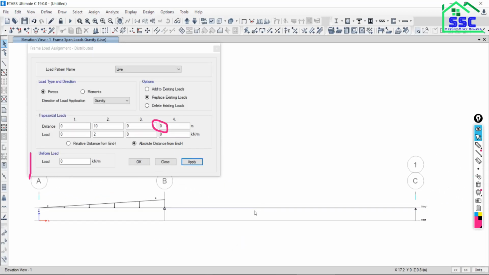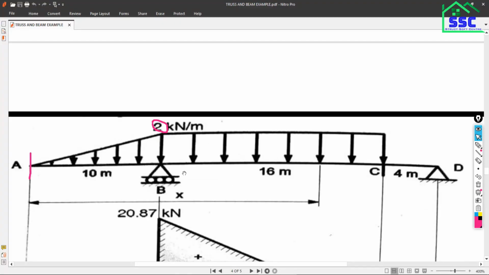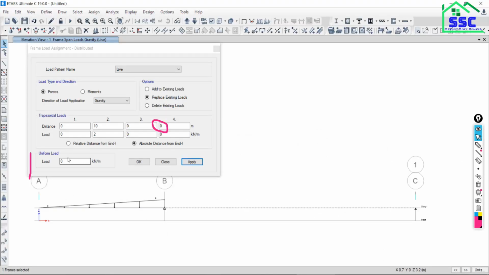Then select this frame. Now let me know, for this beam, the complete loading is there. Is the UDL for the full length, or is it for some part length? Part length. Okay. So can I go with this option? See, I can go with this option. This one. Okay. First make it 0, 0. Clear this.